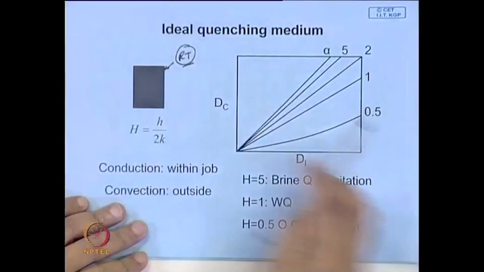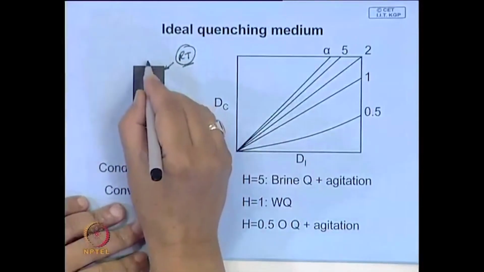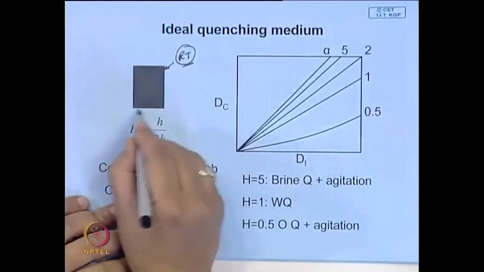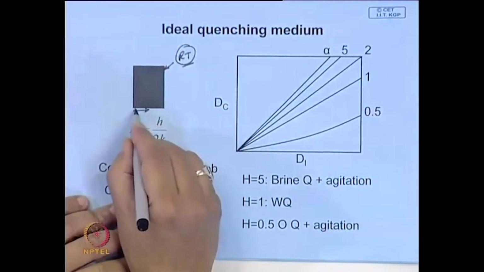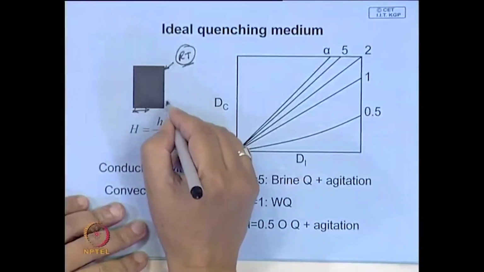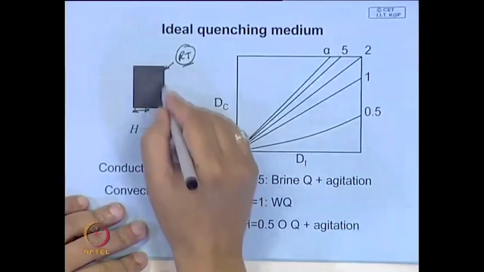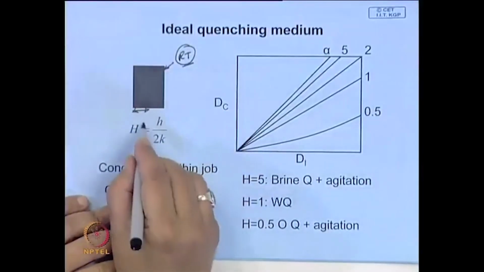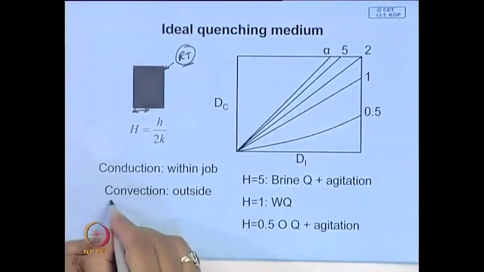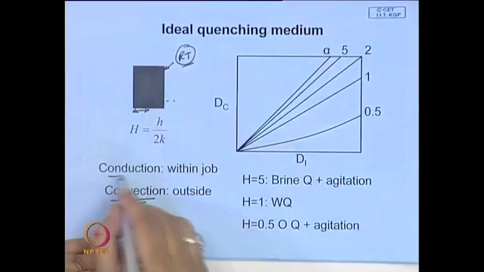In that case, the heat transfer is totally determined by two things. One is the conductivity, but for this you have to have a very infinite convective heat transfer coefficient, because the major mechanism of cooling will be convection over here in the water, and conduction